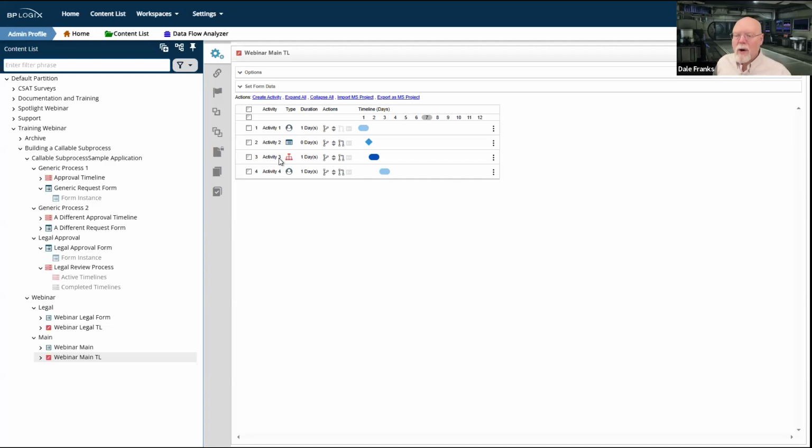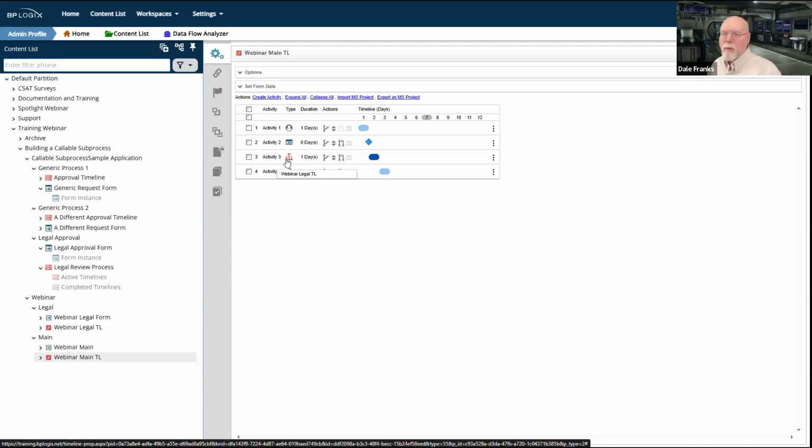In other words, when I kick off this second process, I want my first process to pause and remain in a wait state until the sub process completes. When the sub process completes, that will automatically complete activity 3, and then activity 4 is going to run.